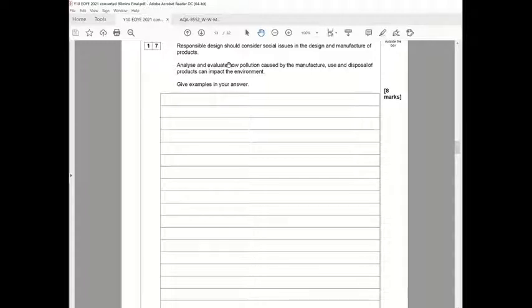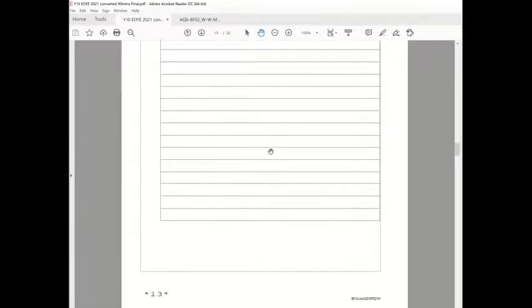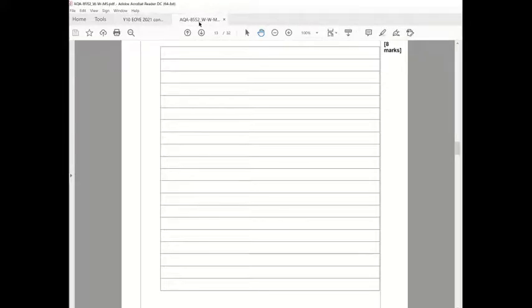At the end, we've got to summarize and evaluate what we have concluded, how pollution caused by the manufacture, use and disposal of products impacts the environment. So we've got 3 different areas here, and it's going to be how does it all impact the environment? There are many different answers in this, so I'm going to go straight to